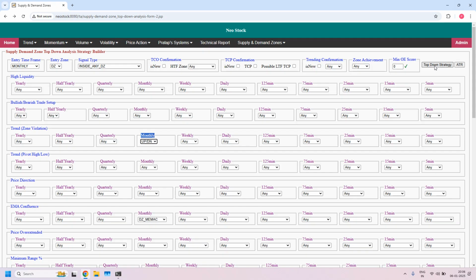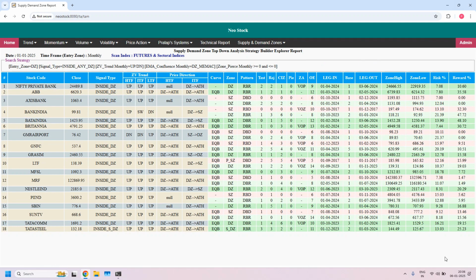So now let's filter the stocks. Now 18 stocks are filtered. These 18 demand zones are having monthly EMA Confluence, and current price closed inside the demand zone. Okay, next,